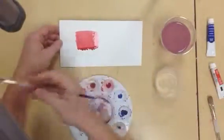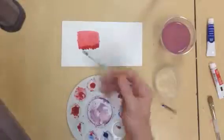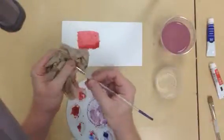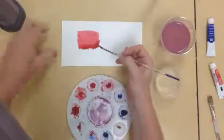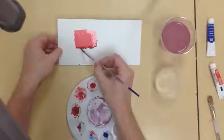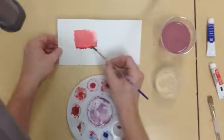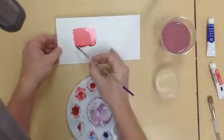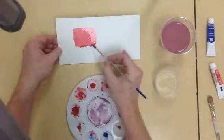A way to get rid of that is to get your brush very damp. So if my brush was wet, I'll take it and just squeeze it out and get it damp so that it's what we sometimes call a thirsty brush. And if we just touch it along here, you'll see that that starts to disappear. I'm going to dry it out again, get it damp, come along the bottom, and it just soaks it